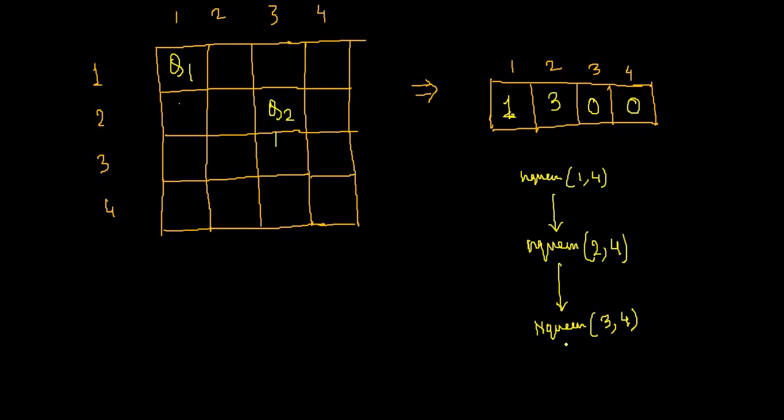So what will happen? It will return. Where will it return? It will return to where the function was called. Where was it called? It was called from queen 2, 4. That means now this will return to queen 2, 4. So as if the king has not found a place for queen 3, that's why the king went to queen 2 first and requested queen 2 to relocate one more place if possible.